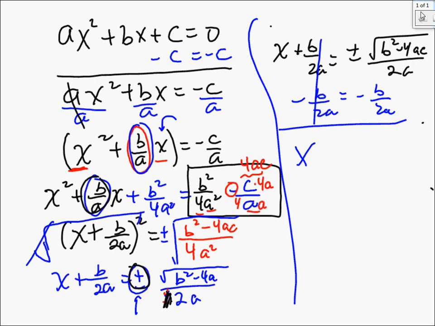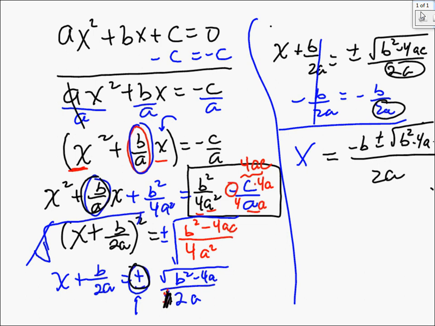The nice thing is, on the right side, both of my fractions have 2a. So I'm going to do the bottom plus the top. So it's the bottom negative b plus the top, b squared minus 4ac. And here is your quadratic formula,